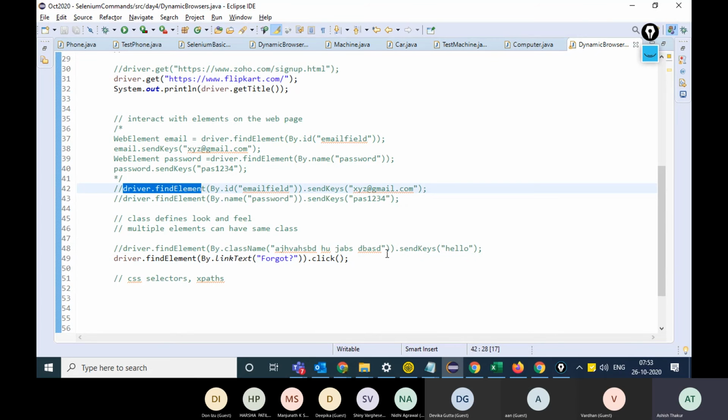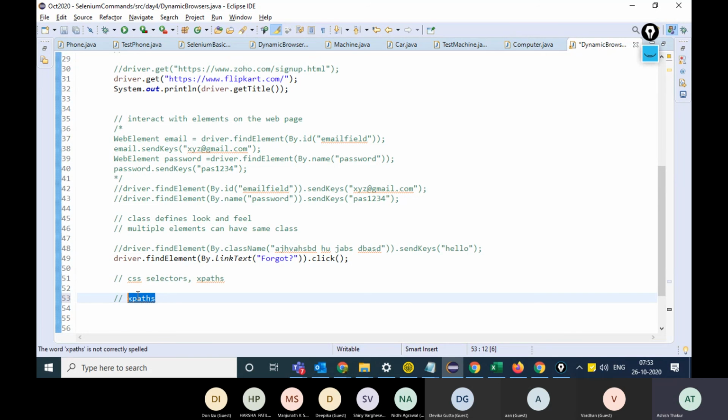Now, moving ahead, what do you mean by XPaths or CSS selectors? These are things which identify the elements on the web page uniquely. For example, let's talk about XPaths first.